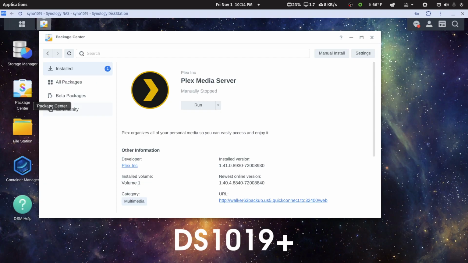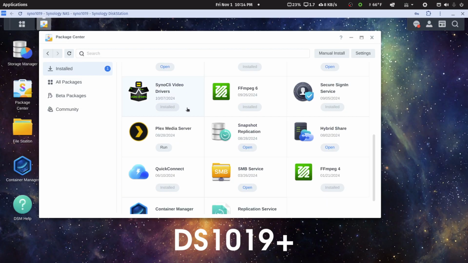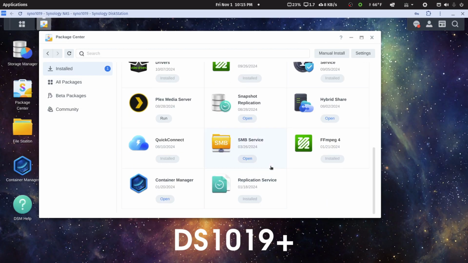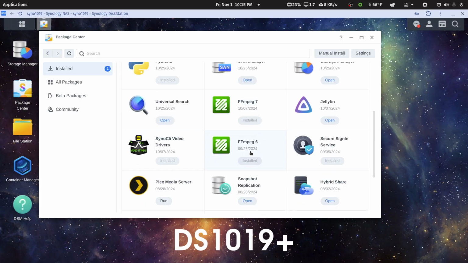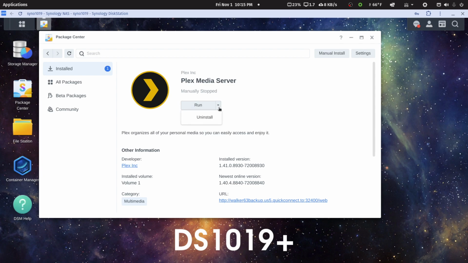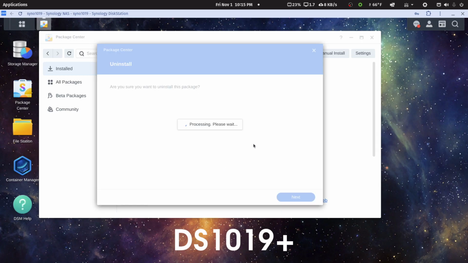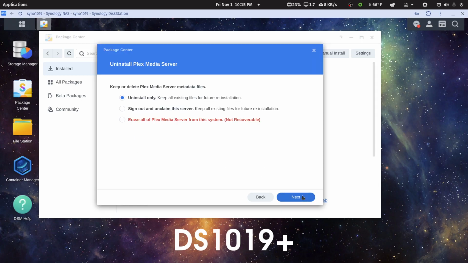So let me go to the package center and click on installed. I have an update to do, but I have a backup running from my new NAS to this NAS right now, so I can't update either of these NASs while that backup's running. I need to wait until it's complete. This is just a test server. I'm going to uninstall it. And I'm going to uninstall only because I think that's all I need to do in order to show